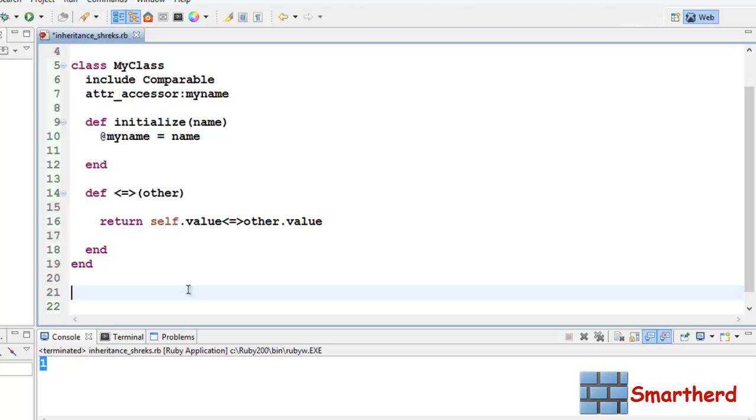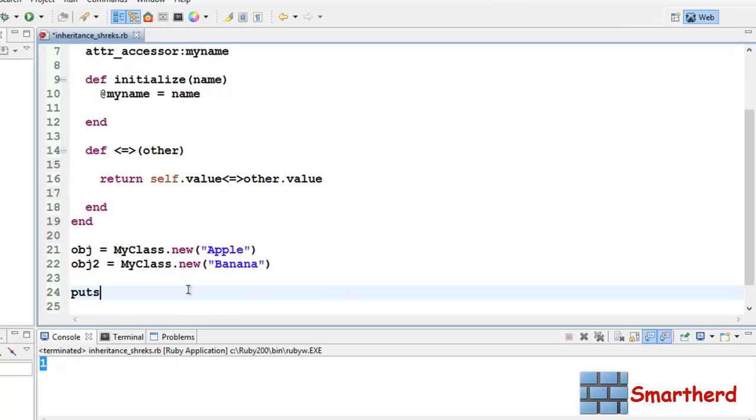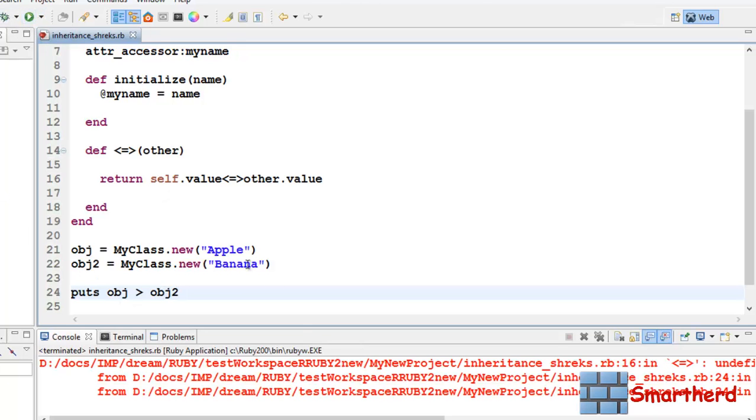Let's say obj equal to MyClass.new, sending a value, let's say apple, and obj2 equal to MyClass.new with banana. Now let's put puts obj > obj2.